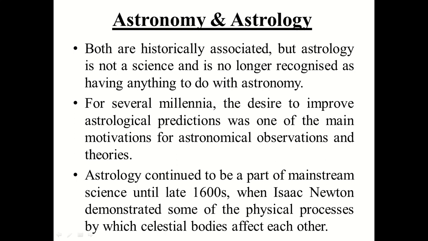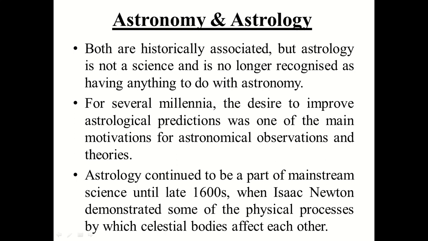These two terms are historically associated, but astrology is not a science and is no longer recognized as having anything to do with astronomy. Actually, it has been separated from astronomy